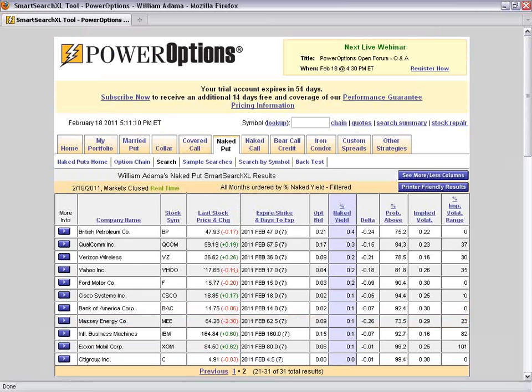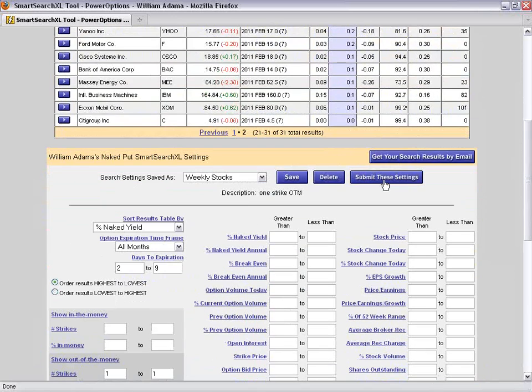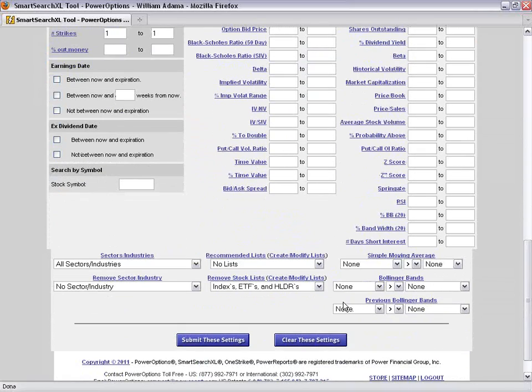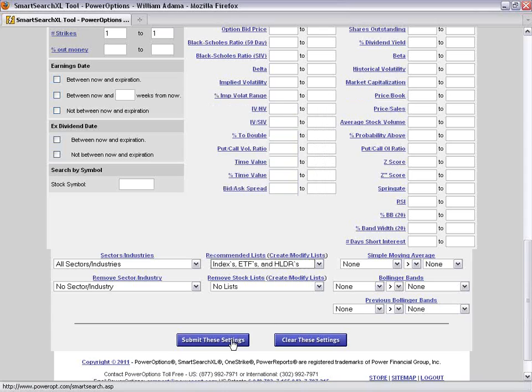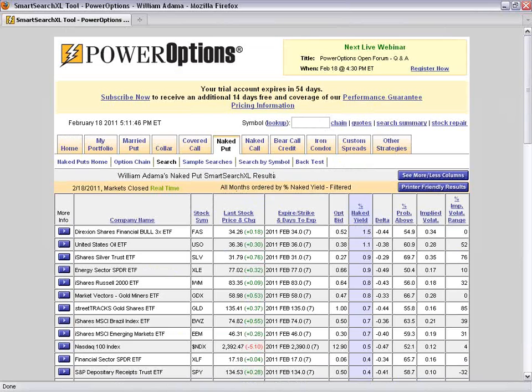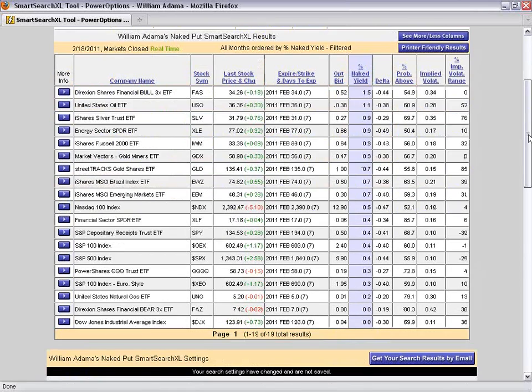All right, now, but there was a total of 10, and we're seeing only 7 different ones added to the long stocks. So that means that there was also some ones added into the indexes and ETFs. So let's scroll down to the bottom. From our remove list section, let's go ahead and select no lists, and then I'll select the indexes and ETFs from our lists. And this should pull up our remaining 19 securities here.